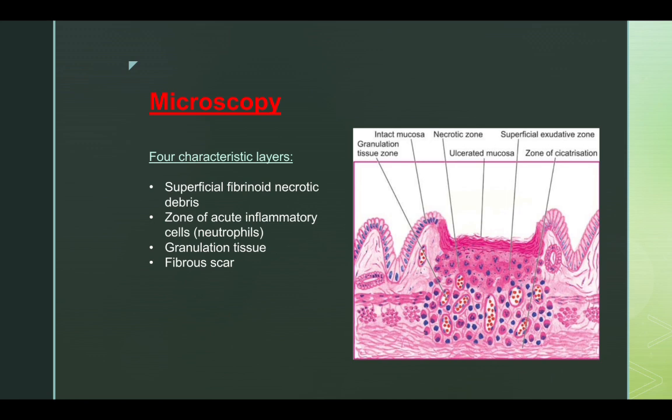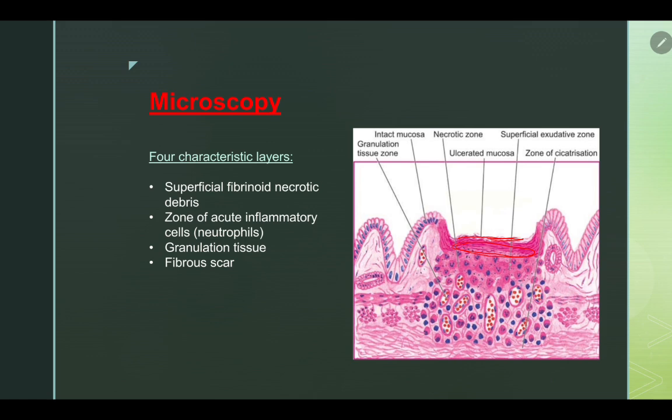Microscopy: we can see four characteristic layers in the peptic ulcer, that is superficial fibrinoid necrotic debris, zone of acute inflammatory cells, that is neutrophils, granulation tissue, and the fibrous scars. In this diagram we can see the ulcerated mucosa, and beneath that we can see the superficial fibrinoid necrotic debris,